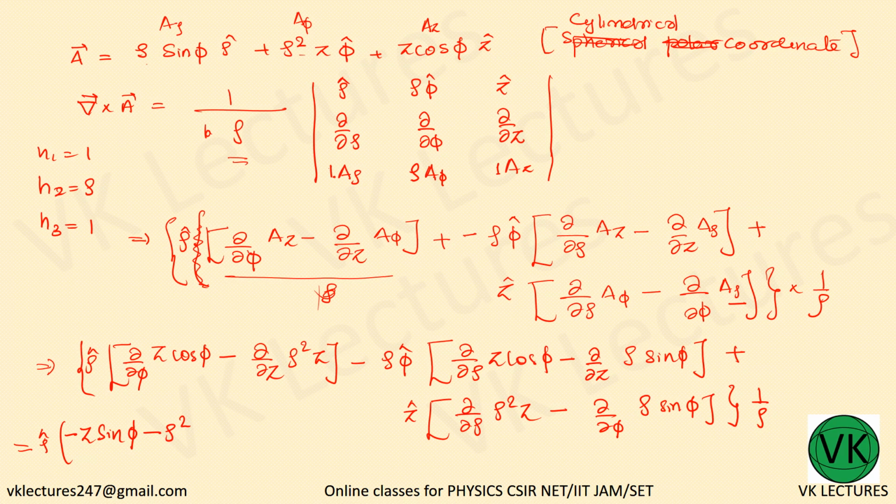So wherever A phi is there, you have to multiply by rho, so this becomes cube, here also cube. Now change further. Okay, so this is rho cube